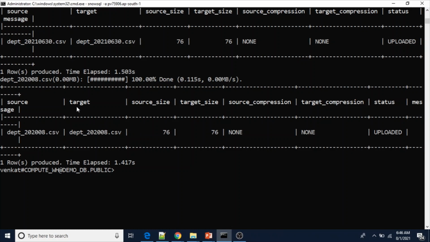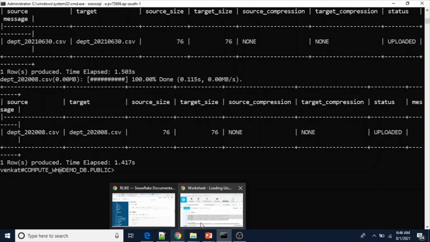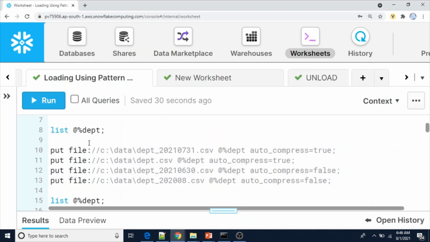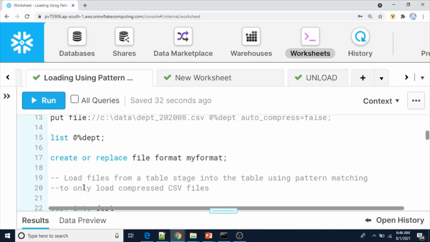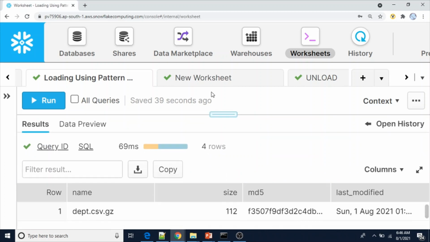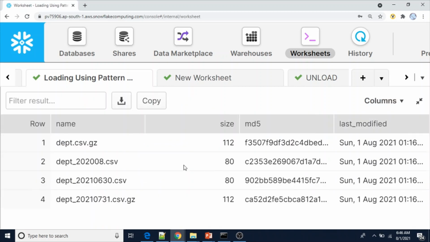Now the files have been loaded. After that, let me again list the stage. See, 4 files are there. These are the 4 files.